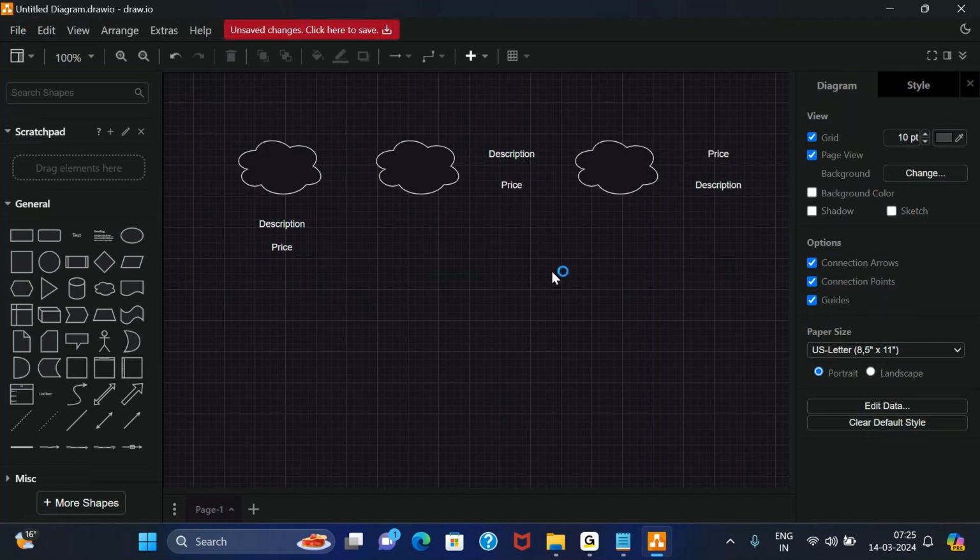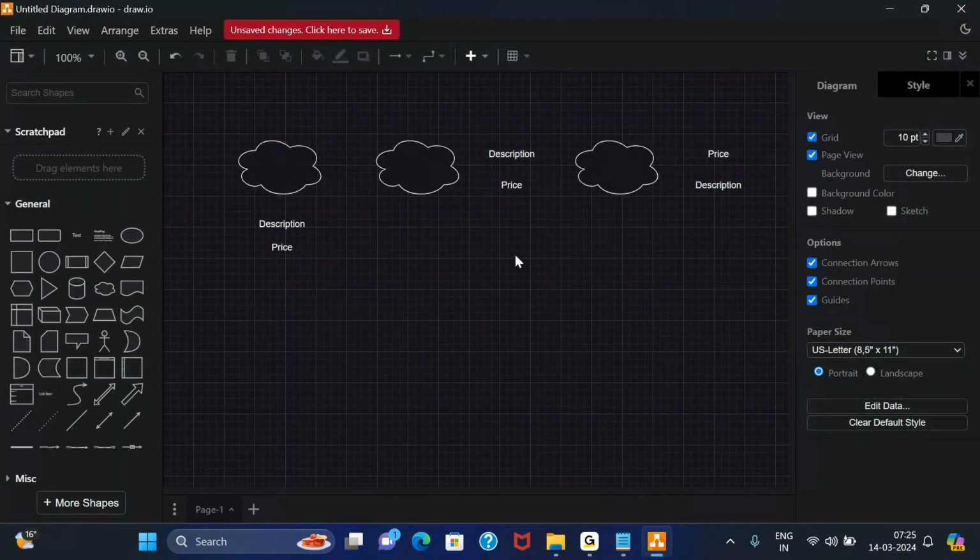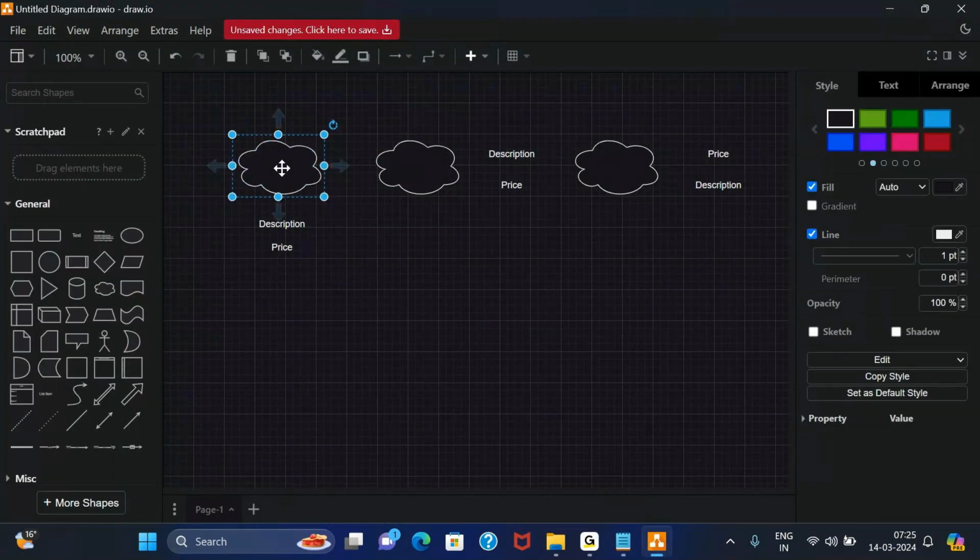That number one, what are the different ways in which we can possibly design this solution? And number two, what are the different details that we require? For example, if I am saying I can upload an image, from where can the user upload the image? From their desktop, from some cloud place?